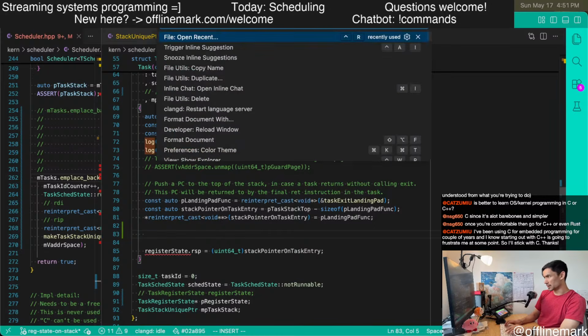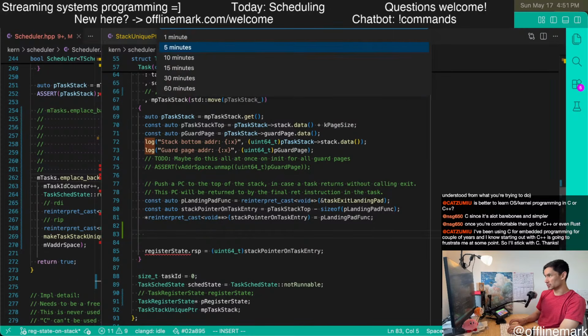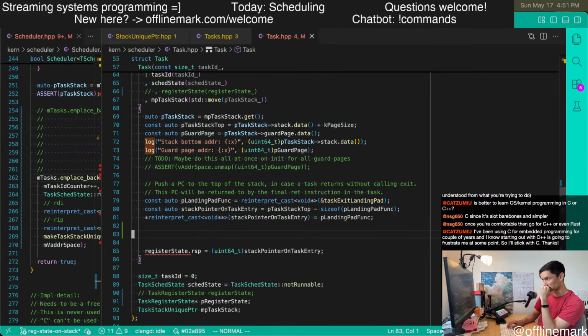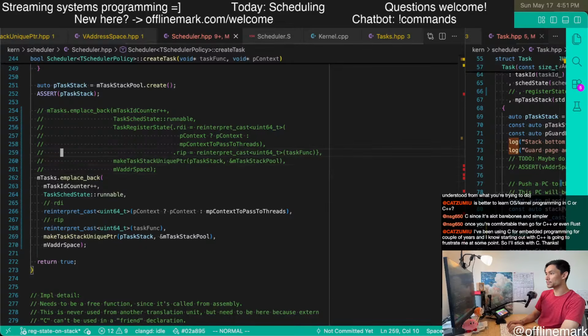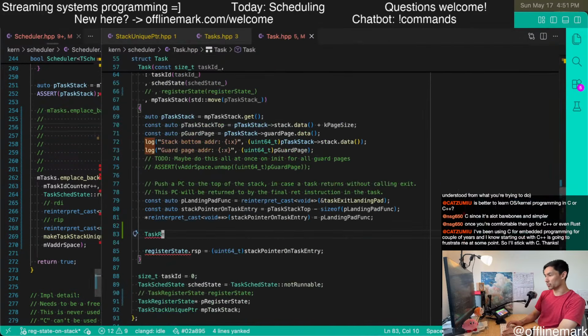For the moment, I'm going to snooze the inline suggestions for 5 minutes while I try to do this. And so I'm going to do this in the worst way possible, and then we can refine it later. The worst way possible to do this, I'm going to have a task register. Actually, you know what? This code is pretty much what I want, actually.